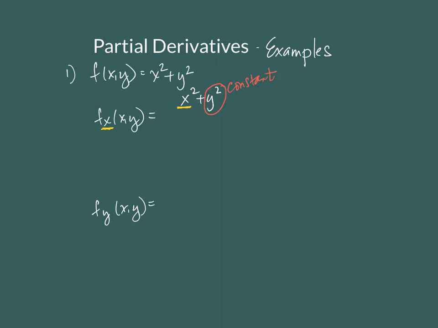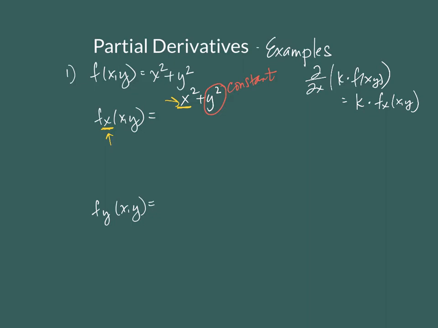Okay, so we treat that as a constant. All of the rules that apply to constants, so adding a constant, subtracting a constant, multiplying by a constant, all of those rules still apply, all the rules that we had previously. So now if we take the partial with respect to x of a constant times a function, then the derivative is we keep the constant and multiply by just the partial with respect to x. So what does that look like here? x is our variable of interest, so when these match, we treat them like we normally would for derivatives.